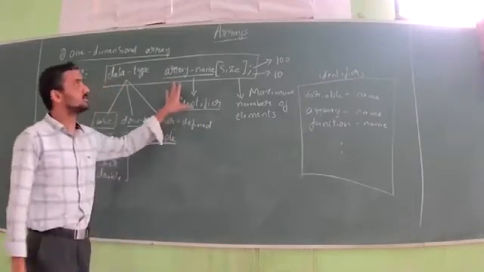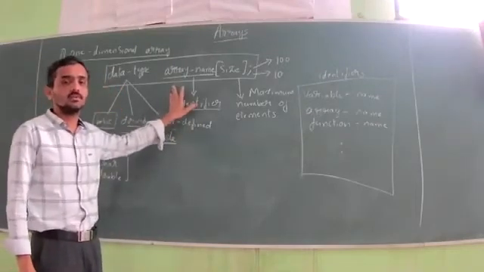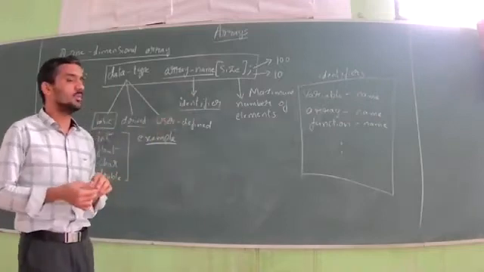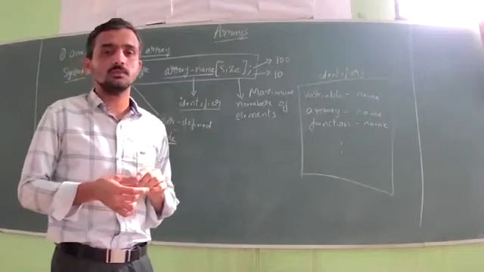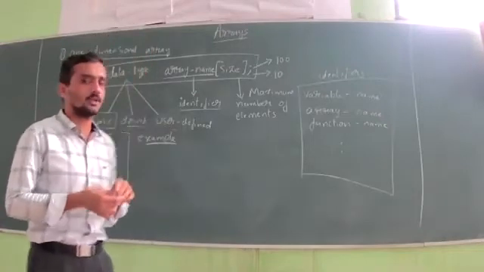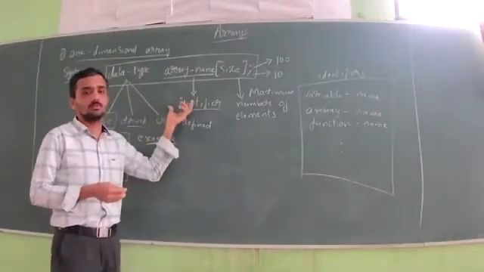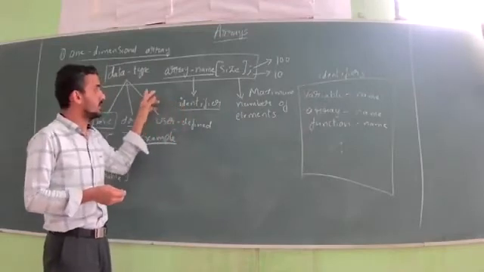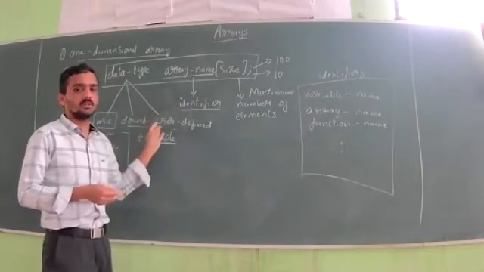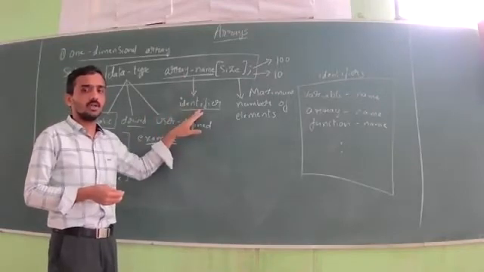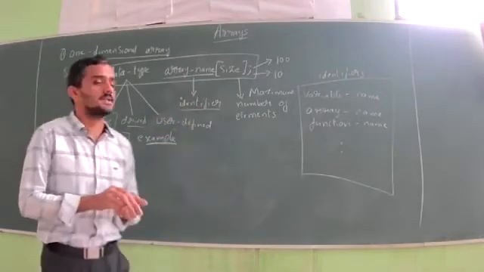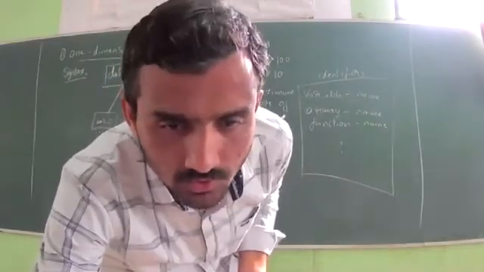I hope people have understood the syntax. Any doubts? Just speak up and tell if you have any doubts here, and we will move further. Any term you have not understood, let me know. So data type can be basic, derived or user defined. Array name means identifier, and when you write the array name, you remember the identifier rules. Size is the maximum number of elements you can store.